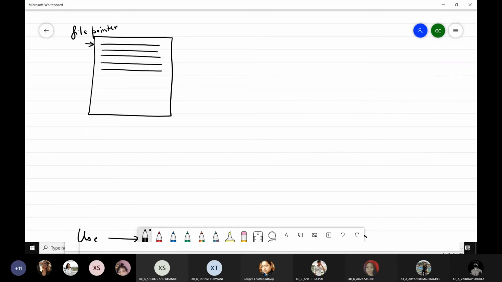The task of the file pointer is to mark the next point of read, that is, the point from where the next read operation takes place.